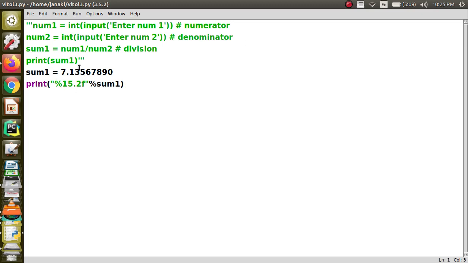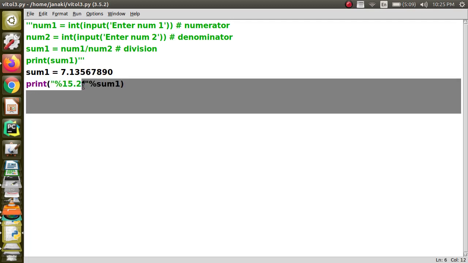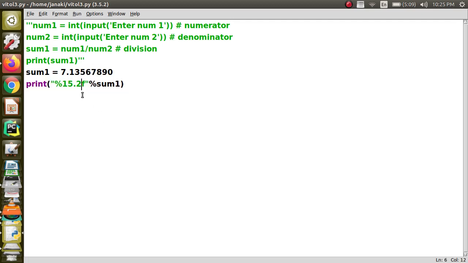So 2 decimal places means these 2 only should come, but whenever we want to shrink the value, what Python does, particularly when you are going to do it like this, is a rounding off. You are asking only for 2 decimal places, so it looks at the 3rd decimal place and finds out whether it has to round off the 2nd one or not. Since it is 5, and if it is 5 and above, then it is going to round off.